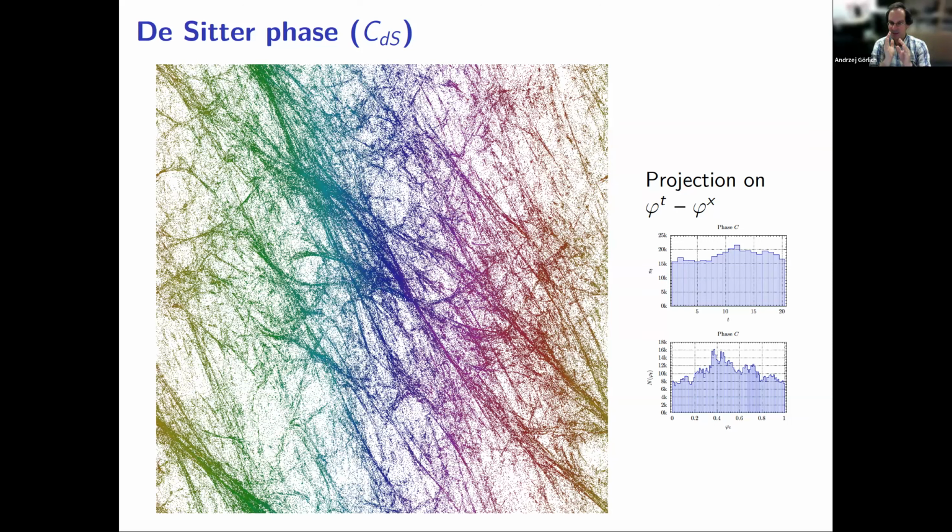And let me first describe what is what. So we start with a single triangulation. A single triangulation is not really physical. It's like a single path in a path integral, but it still can give some meaningful information. And this is what we'll do here. We just look at a snapshot of some path in our path integral, which is a triangulation.